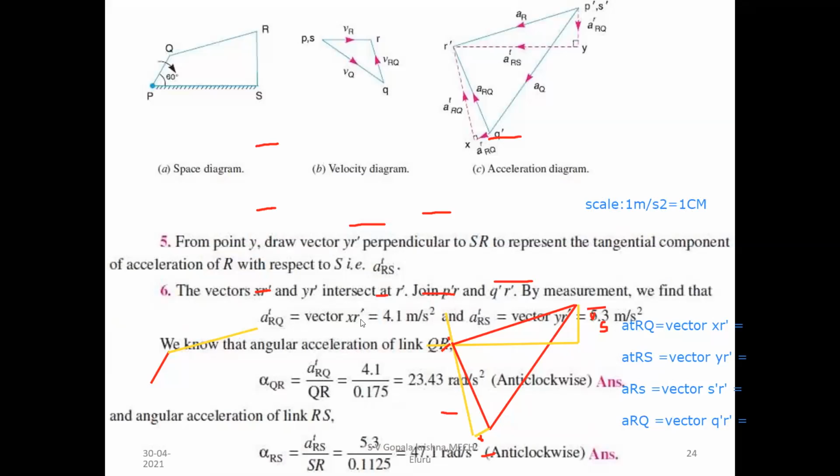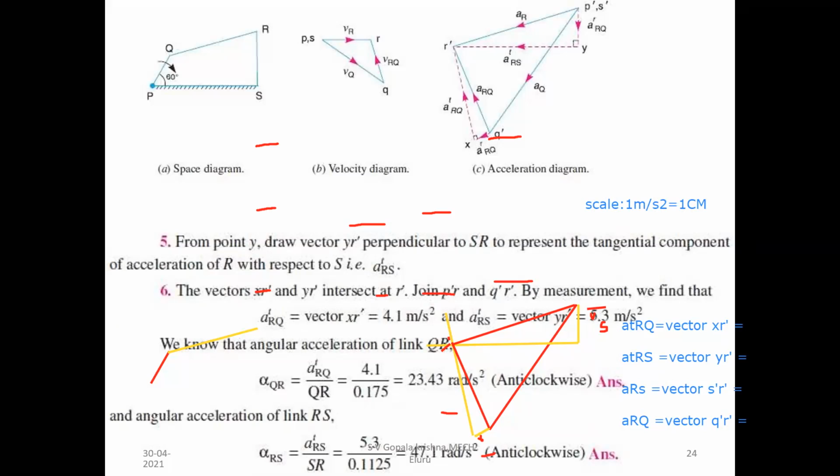Now you have to see our unknowns are the angular accelerations of QR and RS. So those values are required. The vector Rx dash nearly comes to 4.1 meter per second square. So when we know our tangential acceleration, 4.1 meter per second square, then we simply find